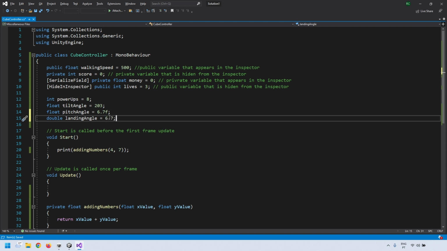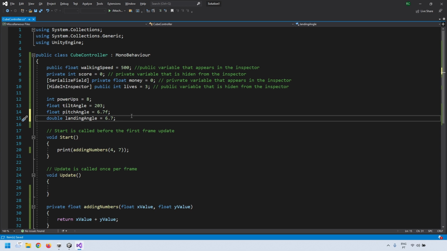Normally, the float can handle any value you need to calculate in a normal and non-scientific game or simulation. Also, when giving a value to a double variable, you don't need the f character at the end. double landingAngle = 6.7;